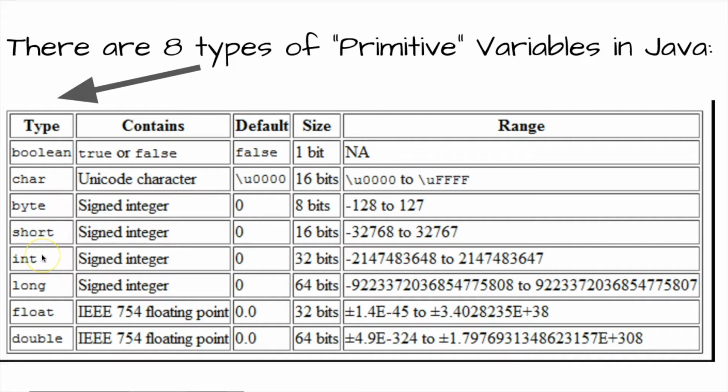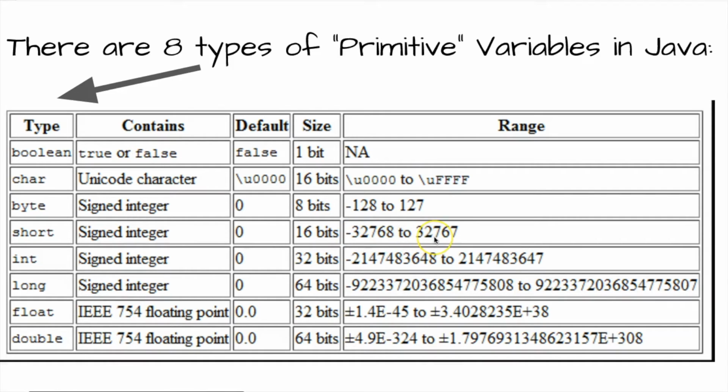An int is the main one that we will use, and it's a whole number. But if you want a slightly larger number, which occupies twice the size of memory, you can choose a long. Now there are other whole number types. There's a byte and a short, which are significantly smaller. The byte only stores values from -128 to 127 positive. Not used very frequently. Similarly, a short from